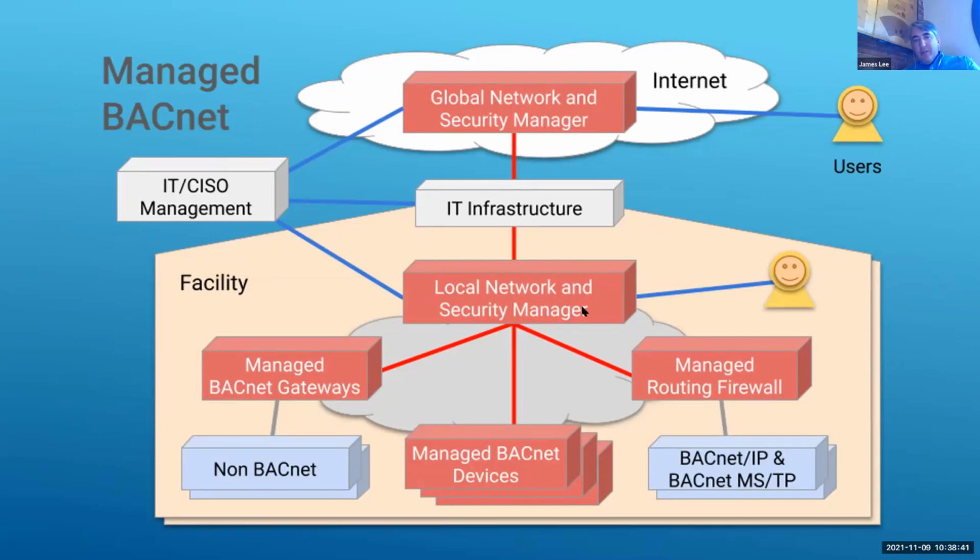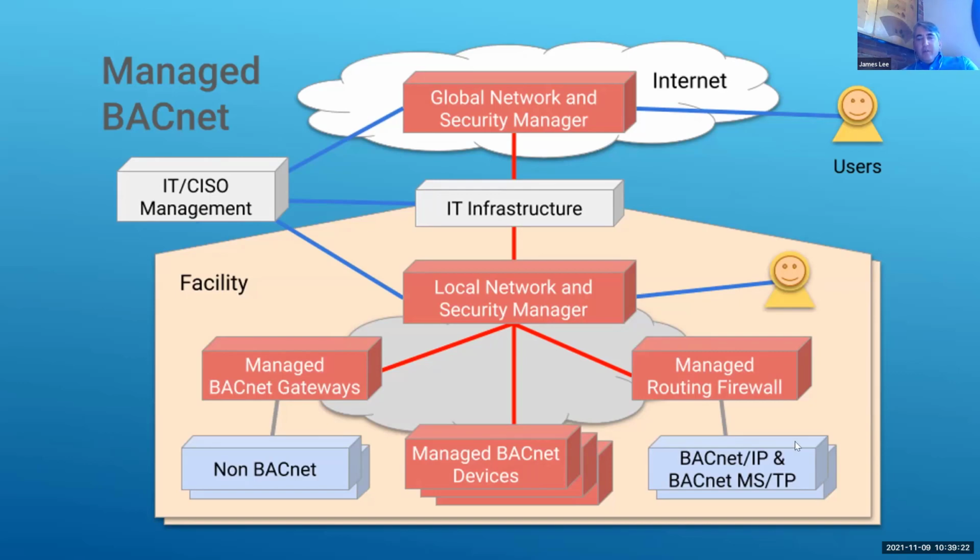Supervising that technology, we have an appliance, which we call a local network and security manager. This is a product that Cimetrics will make, and we will also license that, and it will appear in different controls companies', our customers', products over time. That local network and security manager is a traffic cop. It handles setting up a lot of the security parameters like security certificates and policies and firewall policies that go in the network. It will also act as a hub. Jim Butler mentioned hubs in the BACnet/SC architecture.